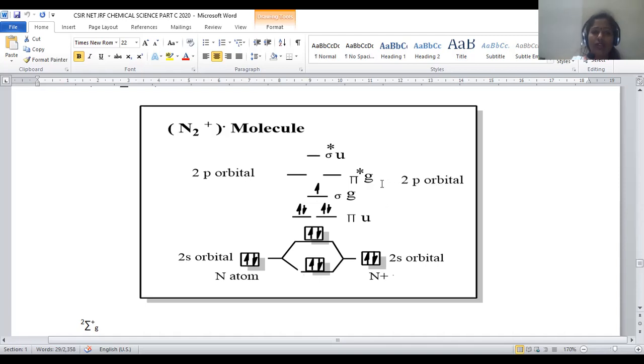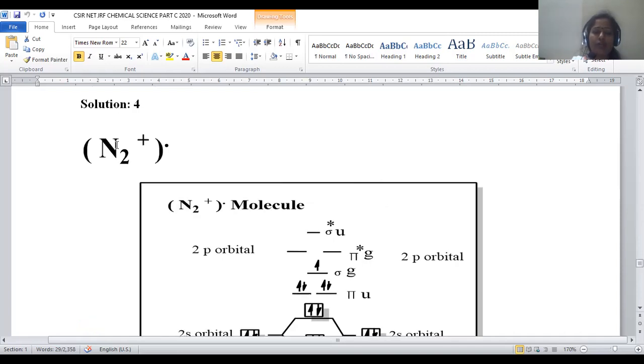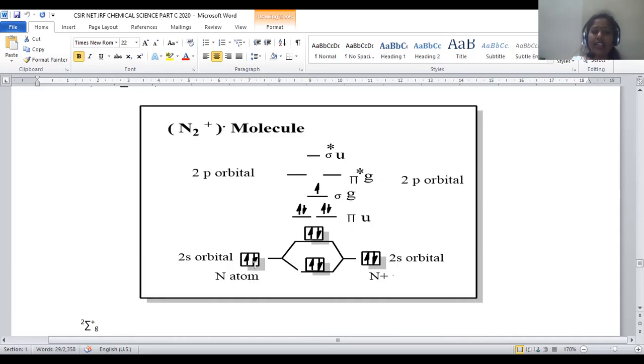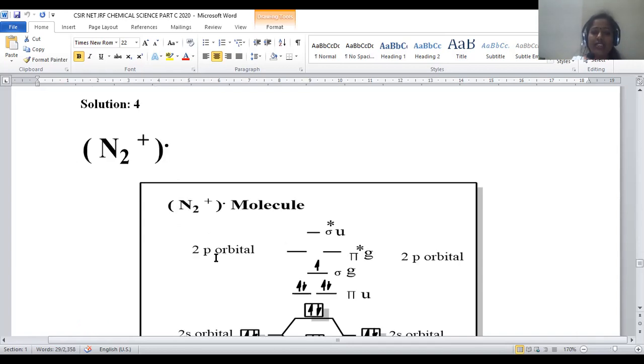In the p orbital only, how many electrons? 2 electrons will be there, because the positive charge denotes what? One of the electrons is lost by this nitrogen. Because we are taking the radical cation, one nitrogen has in its valence shell 2s2, 2p3. Here N positive will contain 2s2, 2p, 2 electrons only, right? So these 2s2 electrons we can fill in sigma bonding and sigma antibonding. Whenever we consider electrons in the p orbital, here 3 electrons and here 2 electrons, total 5 electrons.